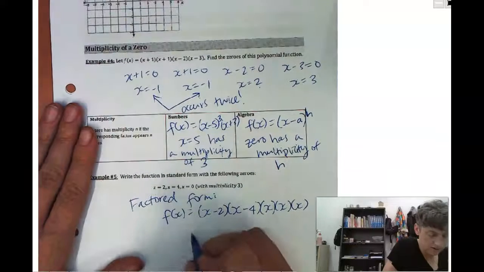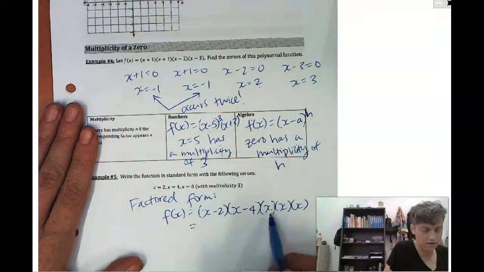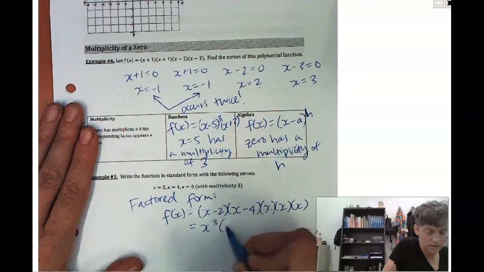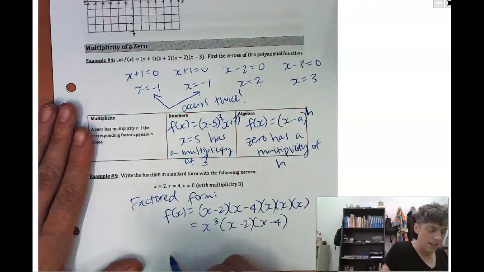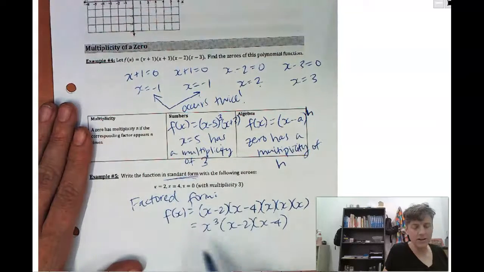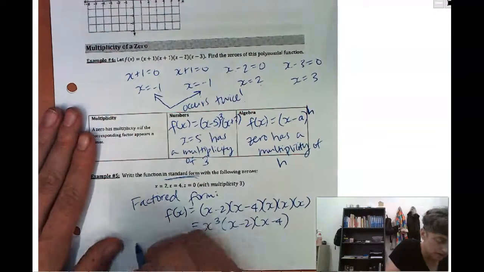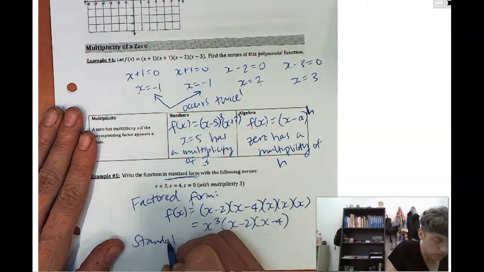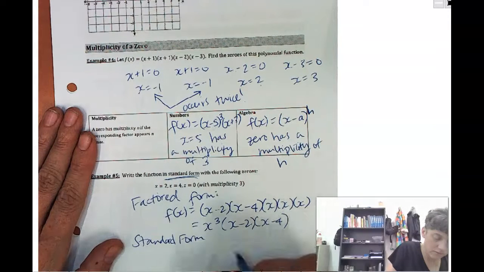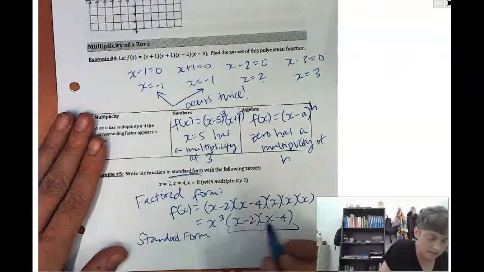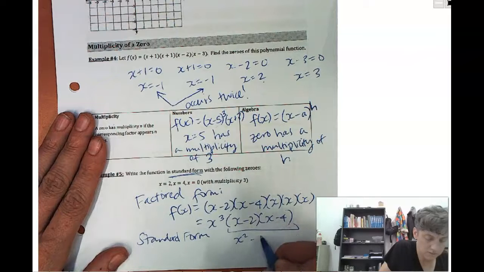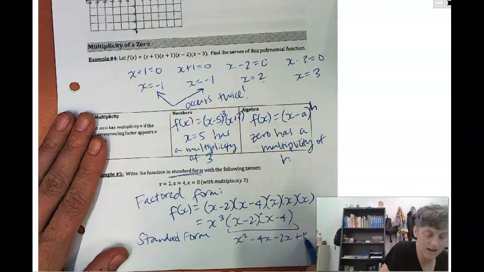I could multiply these together easily. I'd call that x cubed times (x minus 2) times (x minus 4). And then if I'm supposed to write this in standard form, I gotta multiply this whole thing out. So we would multiply those two, and then we'll multiply our answer by x cubed. X times x is x squared. X times negative 4 is negative 4x. Negative 2 times x is negative 2x. Negative 2 times negative 4 is positive 8. So this is x squared minus 6x plus 8,